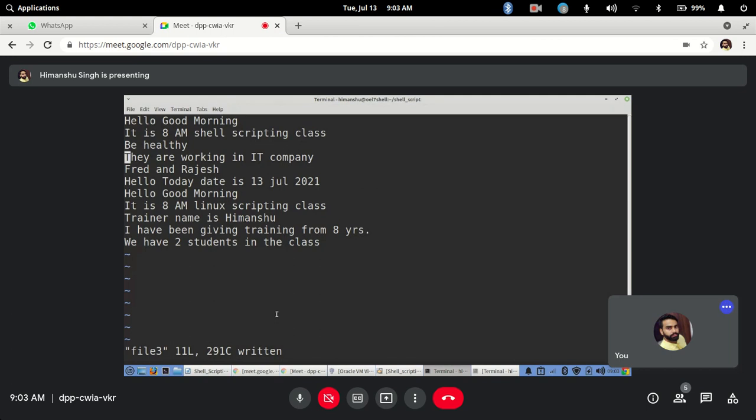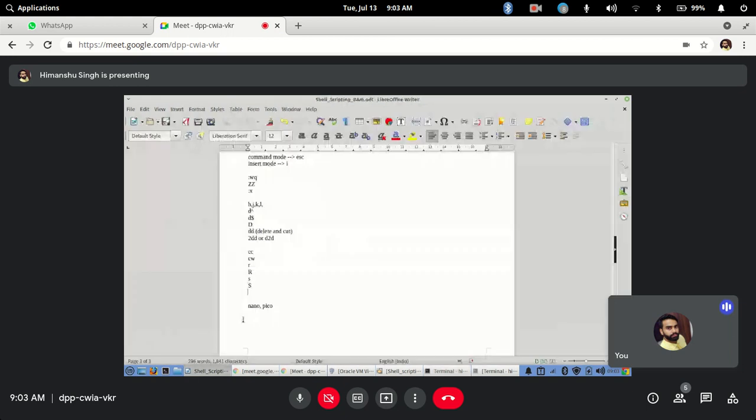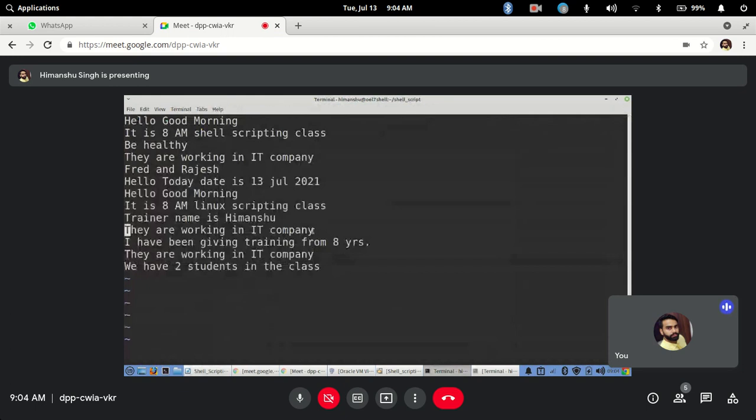Once this line is copied, where do I want to paste it? Let's say I want to paste it here, where this cursor is. I want to paste it below this line or above this line, depends on you. Let's say I want to paste it below. I will do normal p, paste, and it will paste below that. If I want to paste it above that, I have to do Shift P. So to yank or copy is yy, and to paste you have a small p and capital P. Small p pastes below, and capital P pastes above that particular line. Clear?